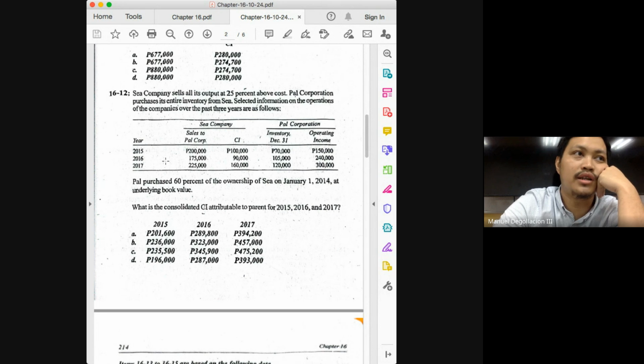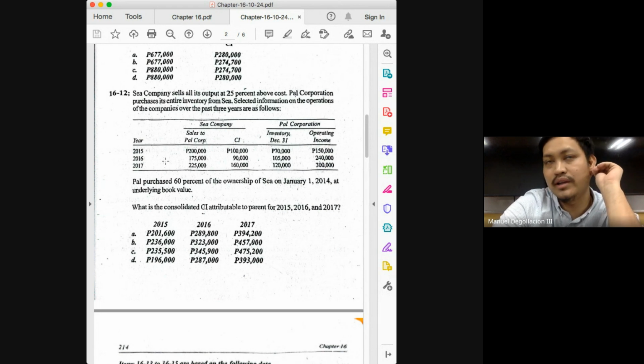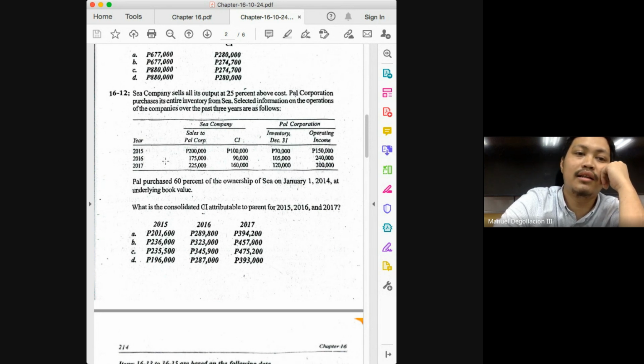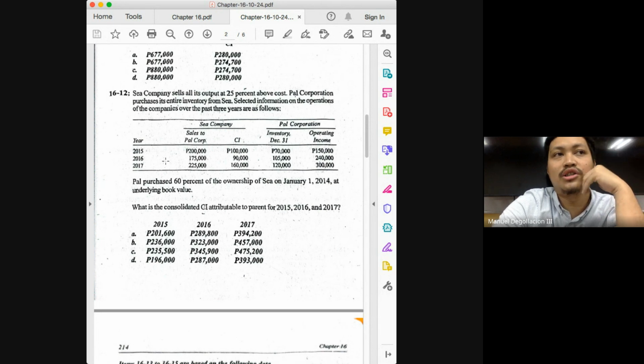So first thing we need is to solve for your consolidated income. And again, what are the two things you need to solve for consolidated income? First is the income of the parent from its own operations. And second would be the adjusted income of the subsidiary. But again, even though we're using those terminologies, please do not be misled into thinking that there will be no adjustments to the income of the parent. Especially in this chapter, it's now possible for the income of the parent to have adjustments.